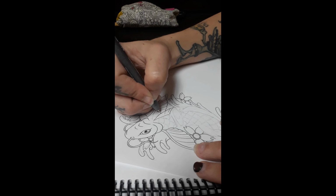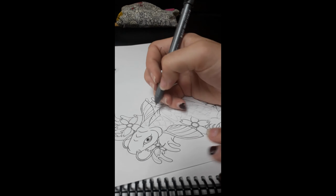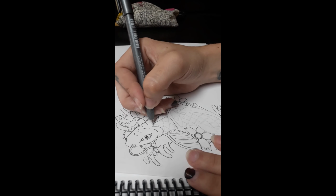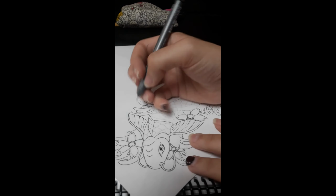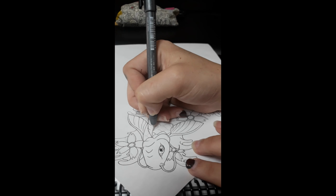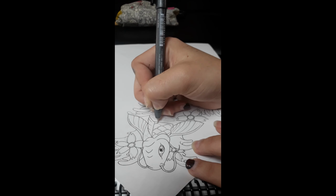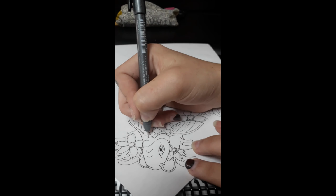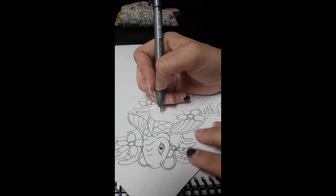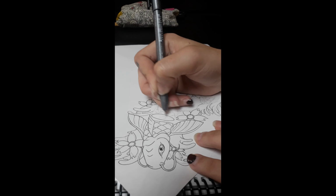I might do another dog drawing for this pet month thing for the work. I want to do the norm, the basics, but I also want to do something a bit different. And I know koi fish isn't all that different, but you need to do something different, but something that people will still like. So kind of try and make it unique, but not too unique, because you still want to actually